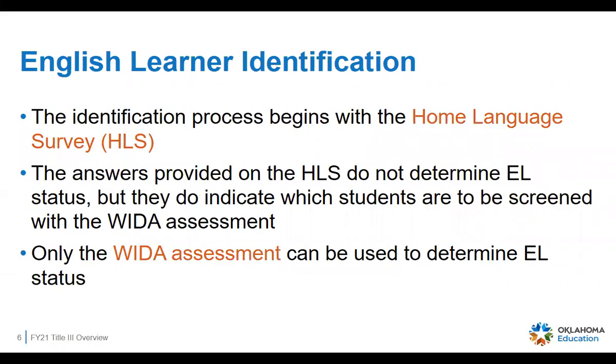So with that kind of summary of all of the requirements, let's move into the first topic area, which is English learner identification. So the process here